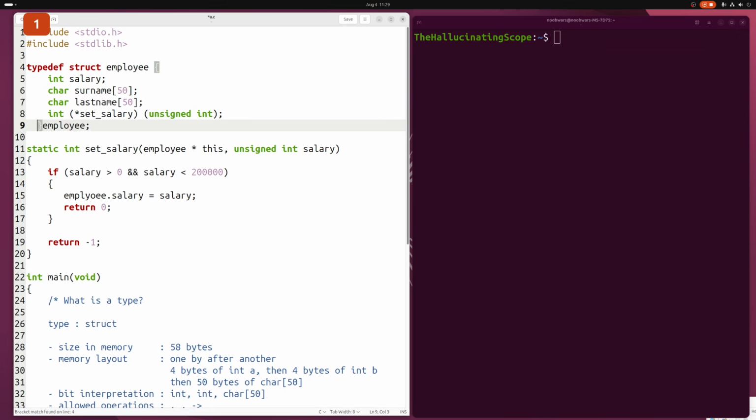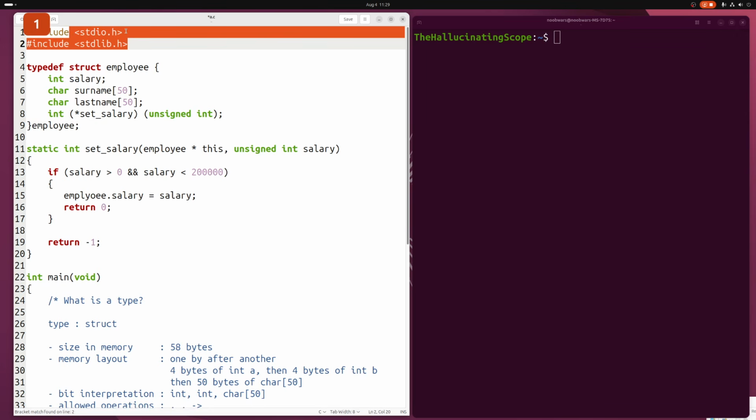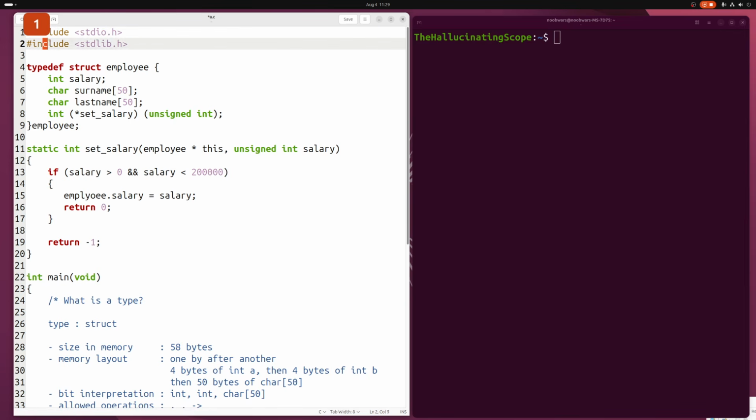The compiler goes from the first line to the last. So it sees include, and it will copy everything written in stdio into this file where this line is. Then it will do the same for this. So we have like 2,000 lines of code before we come to our code. And then it will see typedef struct employee. And it will say, okay, data type is defined here by the programmer, integer salary, integer surname, integer last name,